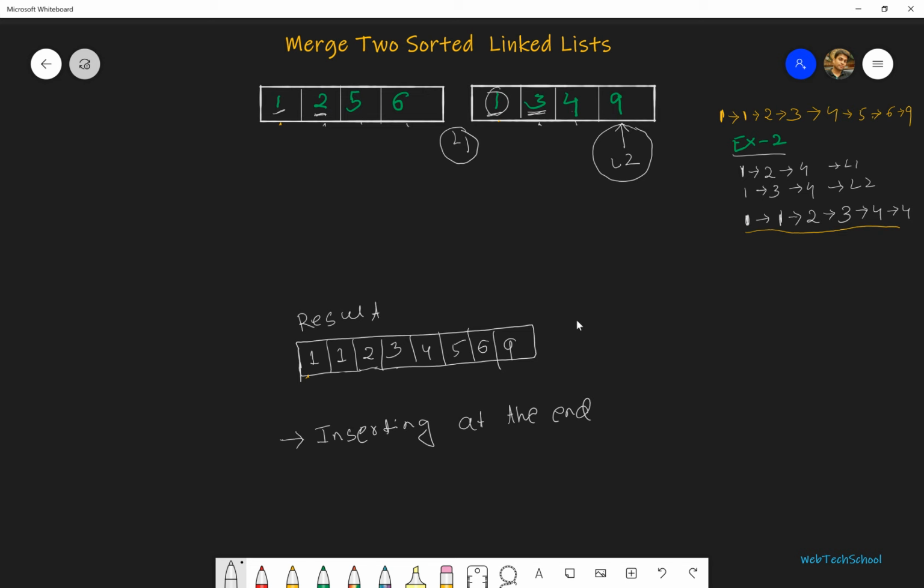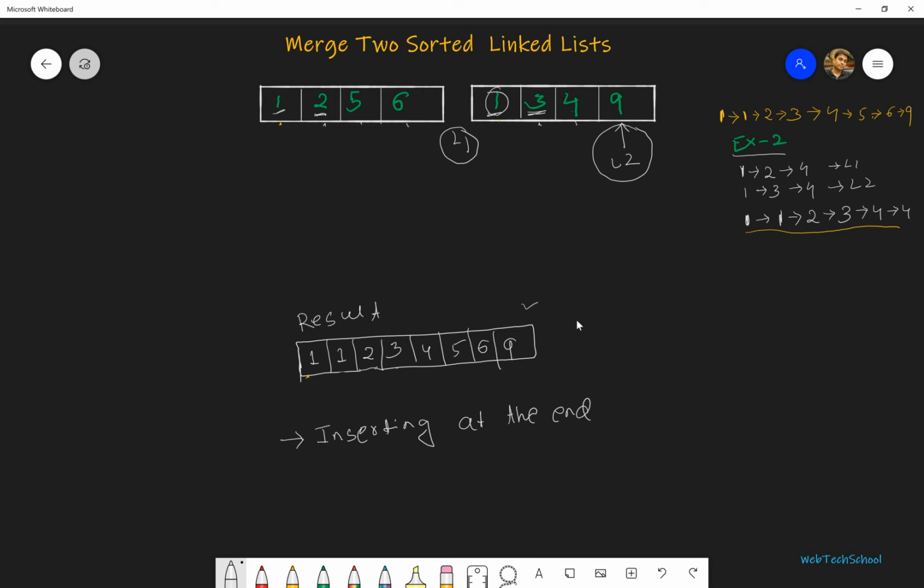This finishes our execution. If you look at the result list, what we got is exactly what we anticipated: 1 1 2 3 4 5 6 9, and it's sorted in nature. Let's calculate its time complexity.